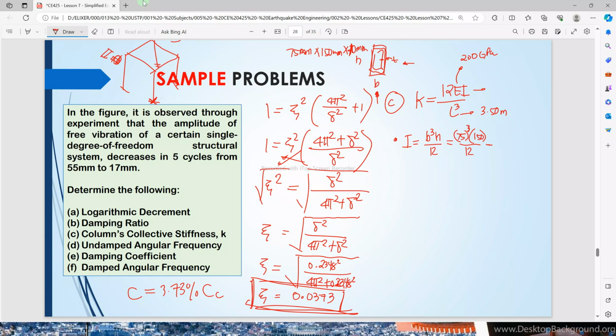So we have 75 minus 20 times 150 minus 20. Sir, where does the 20 come from? So we have a thickness here of 10 mm and a thickness here of 10 mm on this side. So 10 mm plus 10 millimeters of thickness, that is a total of 20 millimeters deduction to its width and to its height. So we'll arrive at I is equal to, so don't forget that this is cubed on this side. So we'll have